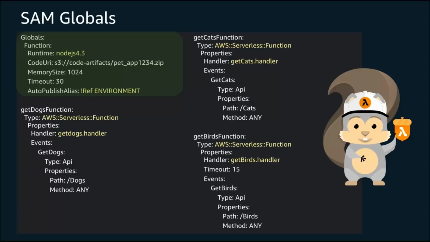Now you can overwrite these. If you look at the get birds function in the bottom right, you'll see that it actually has its own timeout specified. Now this is just an example. I can't come up with a good reason as to why that function would have a different timeout, but you do have the ability to overwrite any of the aspects of the global, and the attribute as defined inside of the actual resource itself does get priority. But if I wanted to add more functions to this SAM application, all we need to do is provide the name of it, the type, the property with the handler, and then an event structure. And so it saves me from having to write that much more inside of this template. It will help keep my templates lighter and cleaner over time.